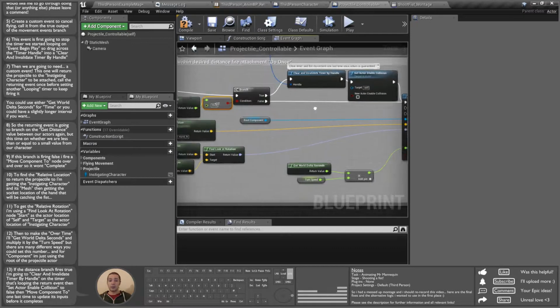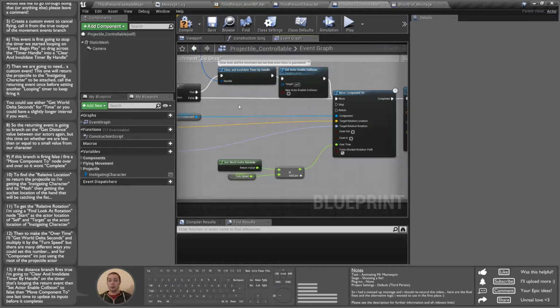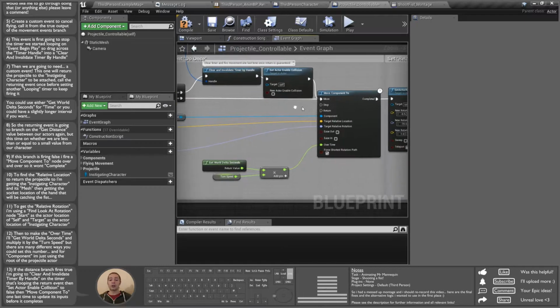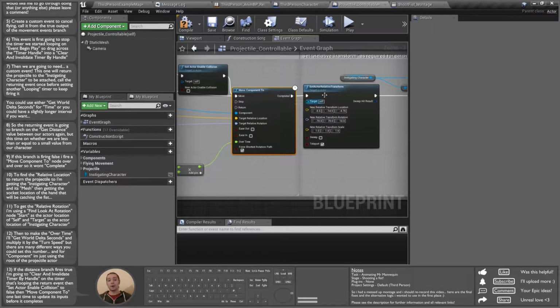If we're still moving, we'll end up running away from the fist most of the time, but once we get within this sort of range, even if we're moving, it's still going to look pretty much like we're catching the fist. I'll show this all in a moment. So we'll fire the move component 2 node one last time, and on completed, we're going to set the actor